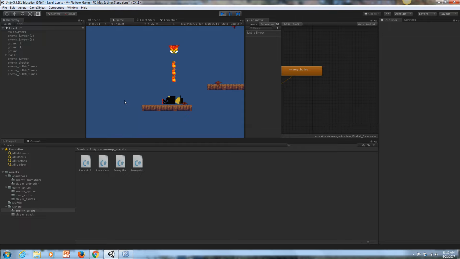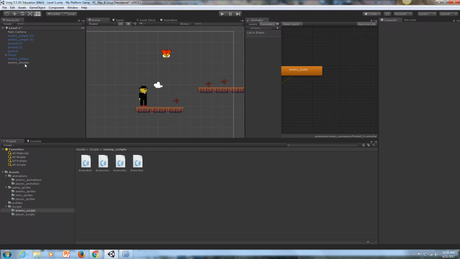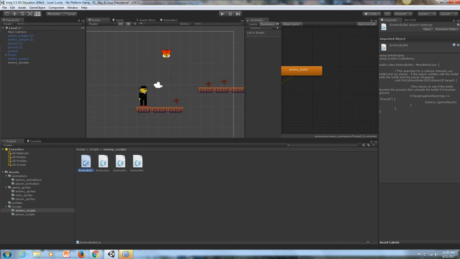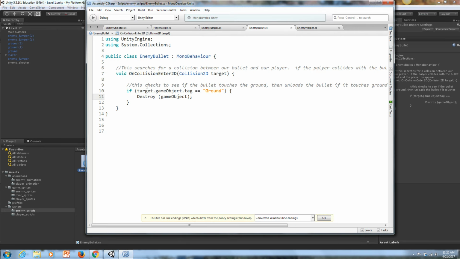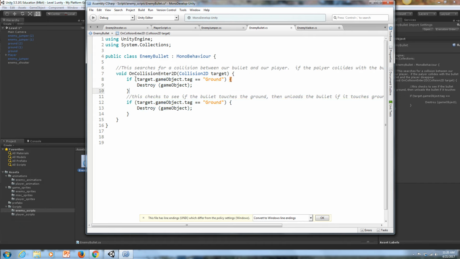They should also disappear if they hit me as a player. So you could go into the enemy bullet script and remember we had that line about what to happen if we hit the player. Let's go ahead and add that back in. We'll just type in player here, and if we hit an object tagged player, then the game object will be destroyed. So let's save that,